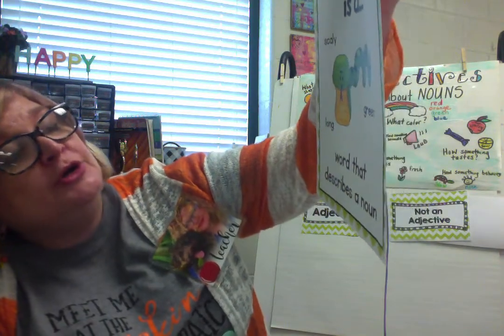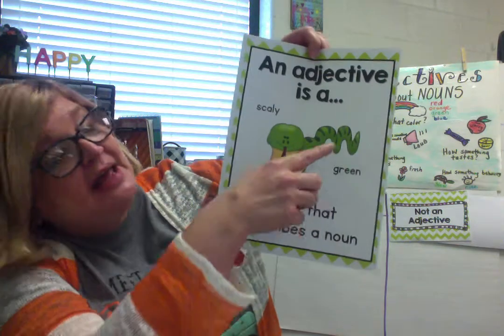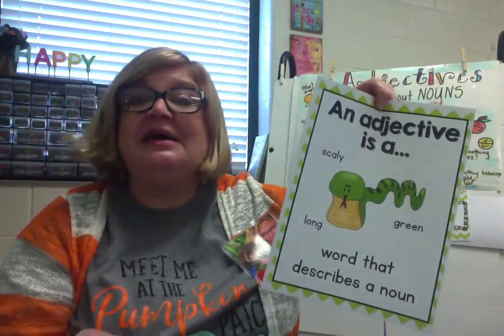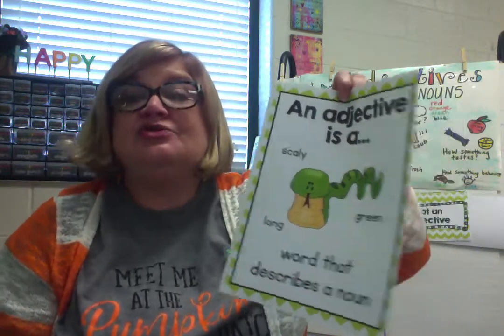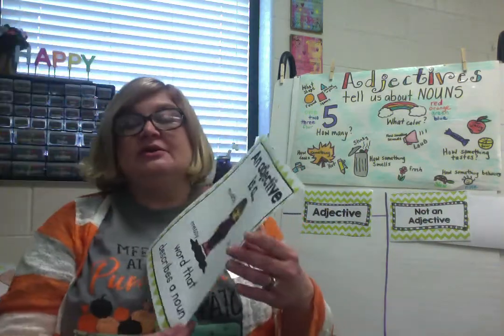Here's the word snake, and all these words describe snake. Okay, so you have a noun and you have words that describe a noun, and that would be called an adjective. Okay, now here you have a little girl,